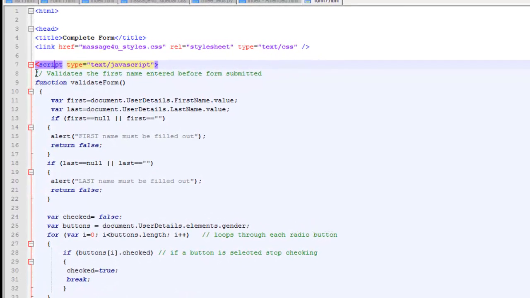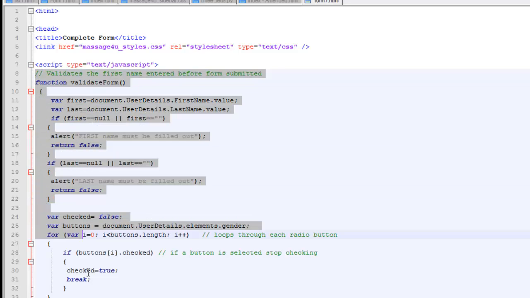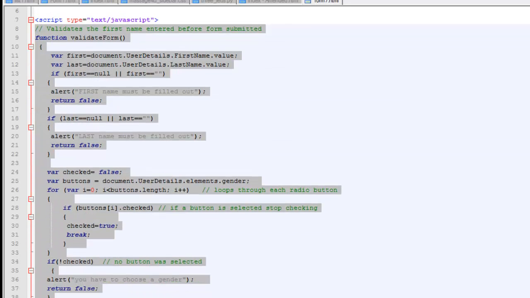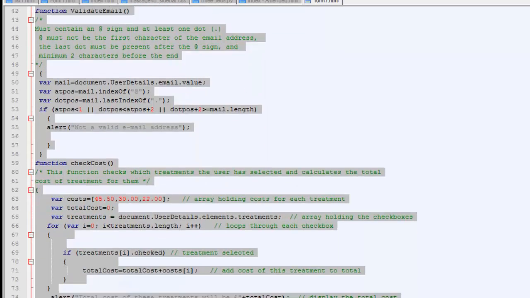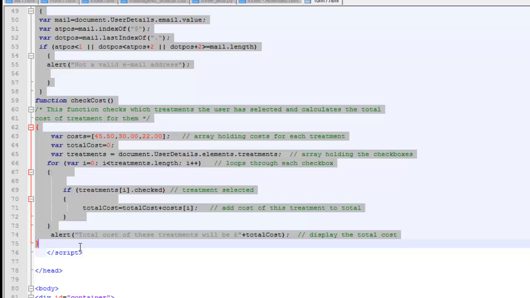Now I've already got the script tags in the page I've got open in Dreamweaver, so I just need to copy the actual JavaScript functions. So I'm going to copy all the way down until just before the last script tag there, and I'm going to copy all of that,